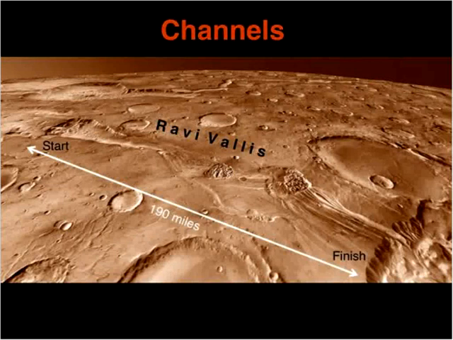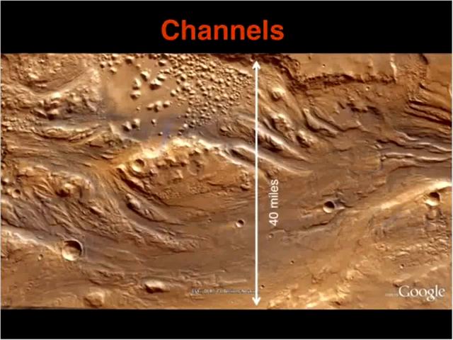It's collapsed, and out of that collapsed area, water has emerged and flowed to the right in this picture for more than 190 miles, and it flows off into a trough off to the right side of this picture. So huge channels formed from catastrophic outflow of water, and it's still kind of a mystery how that happens. Probably some kind of ground ice that melts rapidly in some way, but it's still quite a mystery actually.